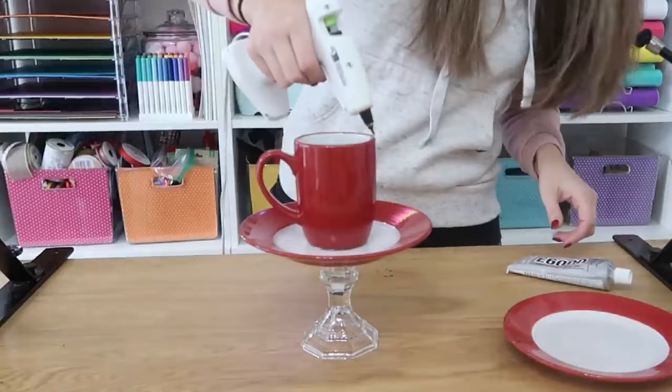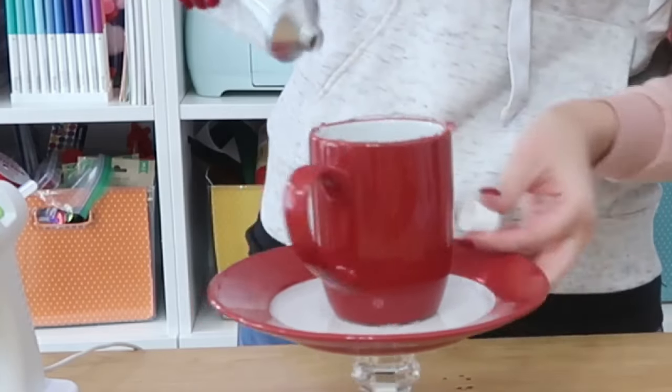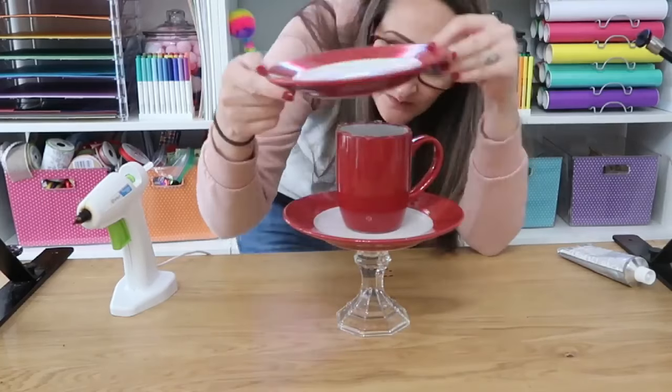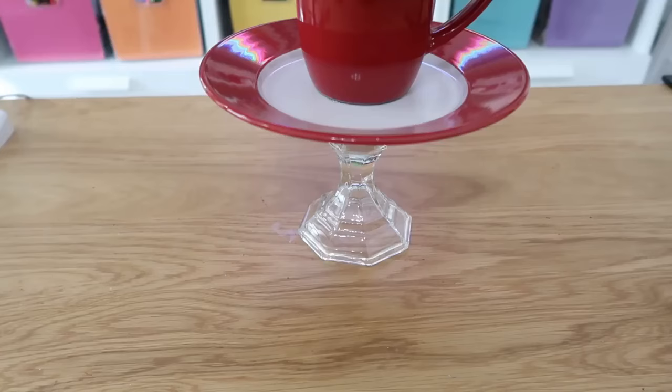So as you can see, we are making a cute little tiered tray. So we're going to add another layer to this. We're going to add some hot glue and E6000 to the top of this mug and add another plate right on top. I would definitely let this sit overnight so that that E6000 can cure all the way,